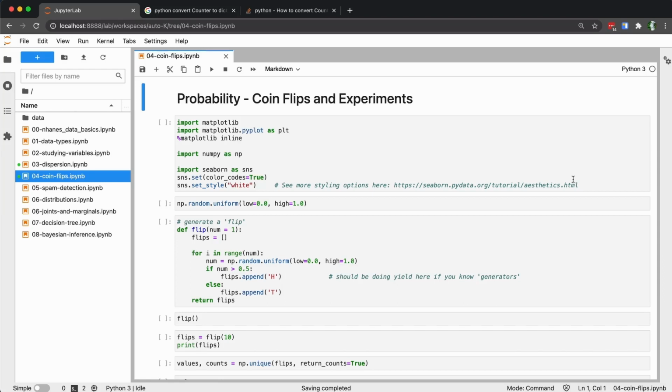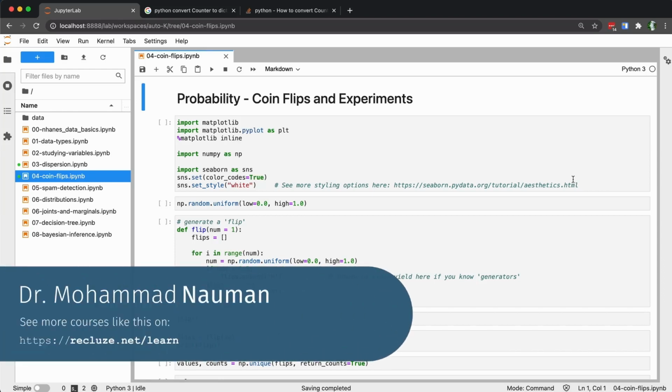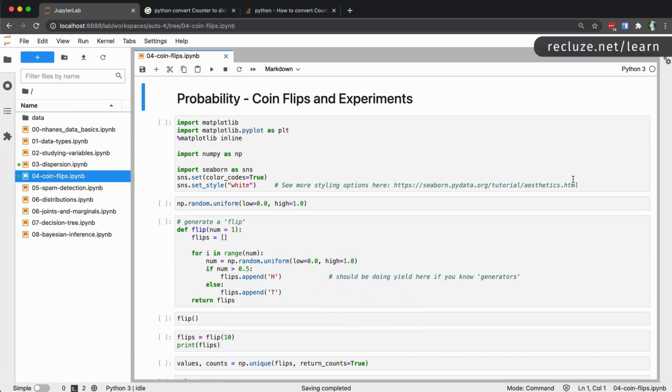As we discussed earlier, it's very important to apply all the concepts that we are studying in this course through code. So here we are going to answer that simple question that we asked in the last video: how many heads will come up if I flip a coin 10 times? We're going to do this using code, and in this lecture we are going to cover some very important concepts about conducting experiments. We're starting off simple so that we can focus a little bit on how experiments are conducted, so make sure that you pay attention to these very simple concepts.